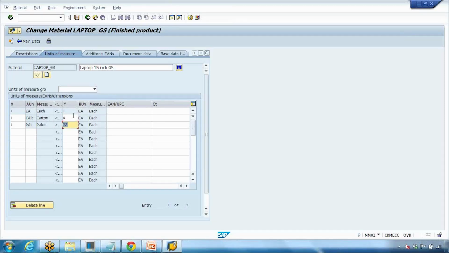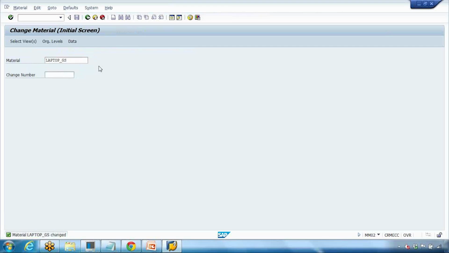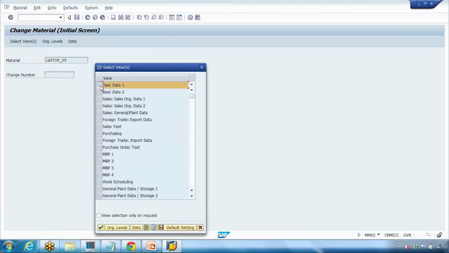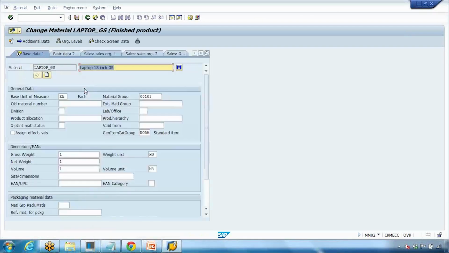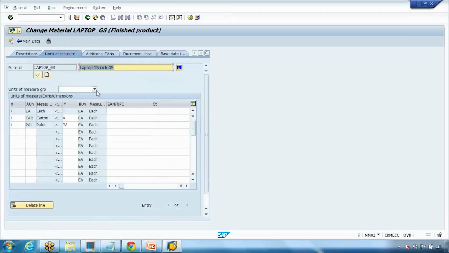And we can use this unit of measure in our production order and all the stuff later on. So I can save it. I can enter into this one again, select basic data 1, say OK, and go to the additional data again, unit of measure. And here if you want, you can delete it again. Let me delete and I'll show you another functionality. Put the cursor on a line, click on this delete line button